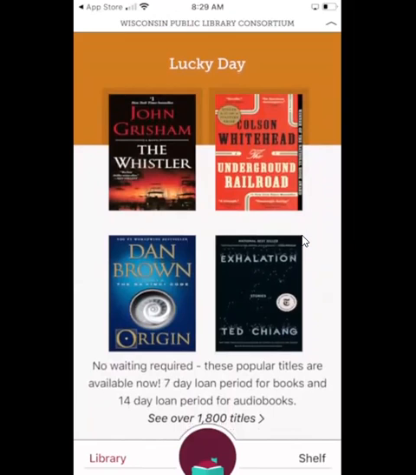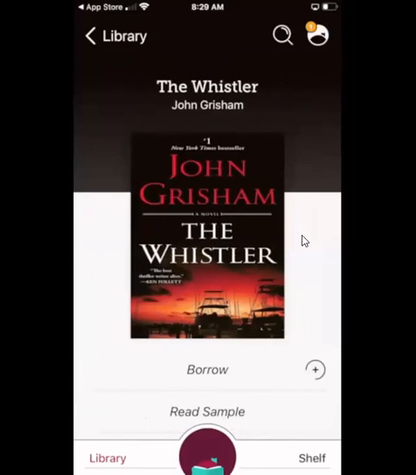And we'll wait for the screen to catch up again, because there's a couple little tips and tricks that I want to show you when you're first starting out. So one of the things I want to show you is that when you go ahead and you click borrow,